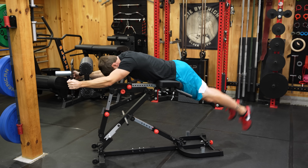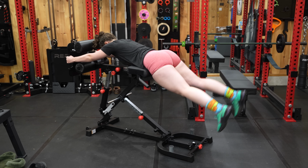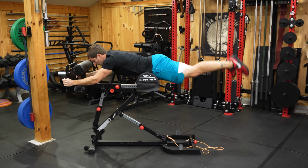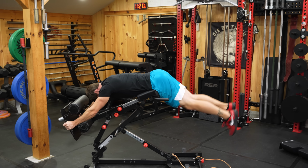I can't get close to a full range of motion when it's flat, neither can Winnie, and even with the GHD pad, which props you up some, it's not comfortable on your hips and stomach, and I'm still not able to emulate the full movement. Now, you could of course angle it some to allow your legs a little more space to swing,